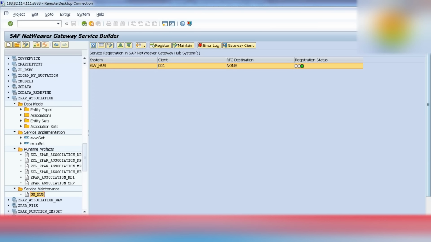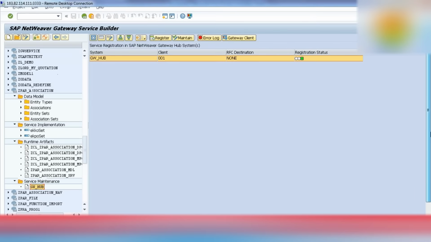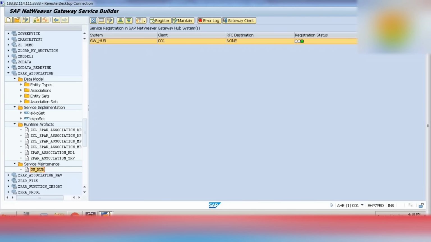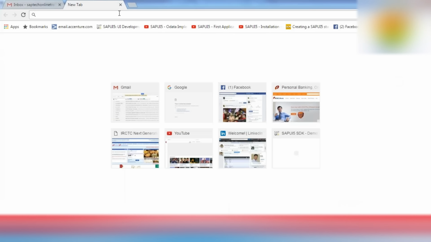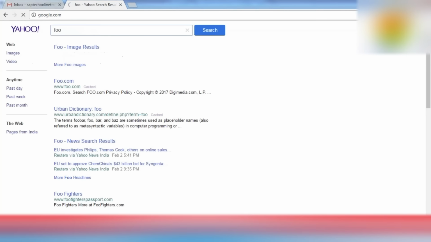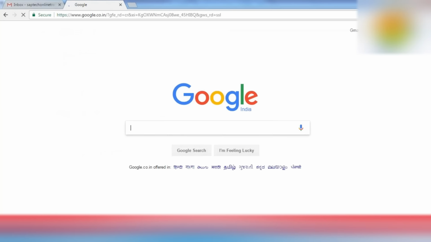Fine. So as of now you have a little bit of idea of OData web service, and a little bit of idea of UI5 custom development. Now let me introduce you to the Fiori part. So what is Fiori then? As I already told you, Fiori is nothing but a collection of standard applications delivered by SAP, correct?